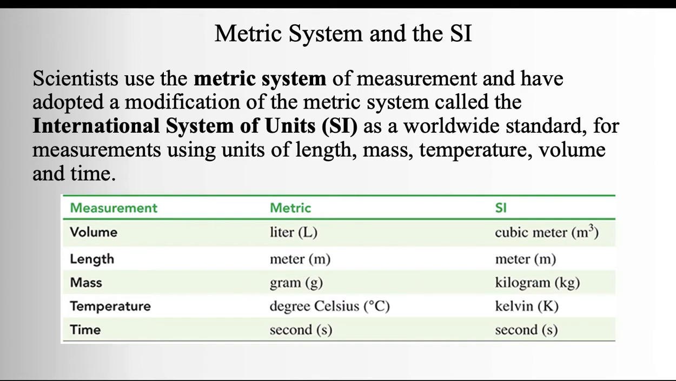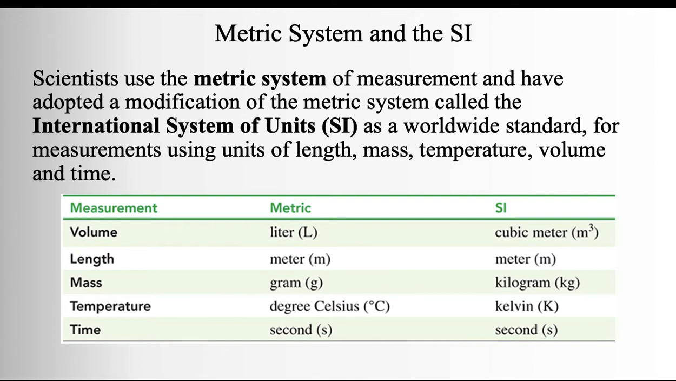But once again, we run the risk of not having anything standardized if we don't have a system that we all use. Therefore, we have devised the metric system, where we do measurements, and the International System of Units is just a slight modification of the original metric system. But in the metric system,